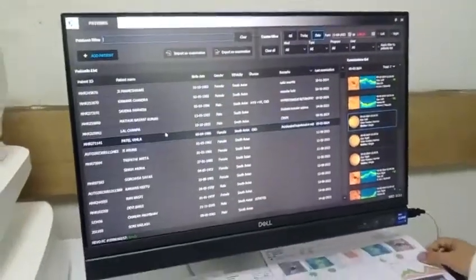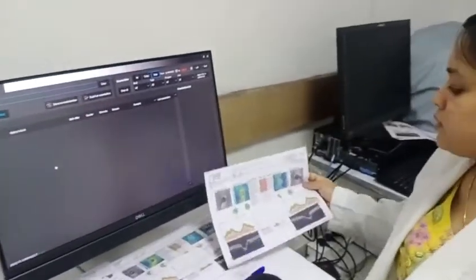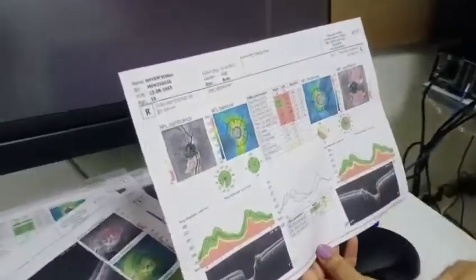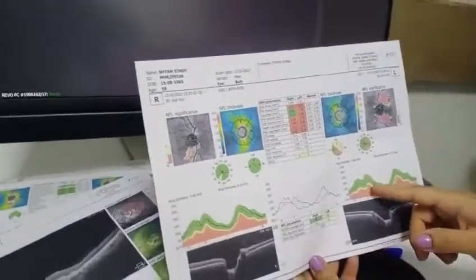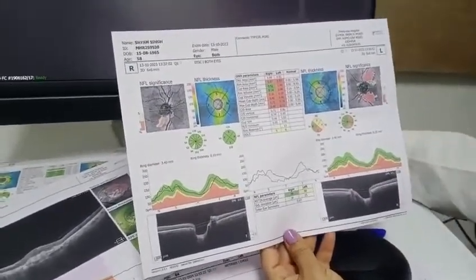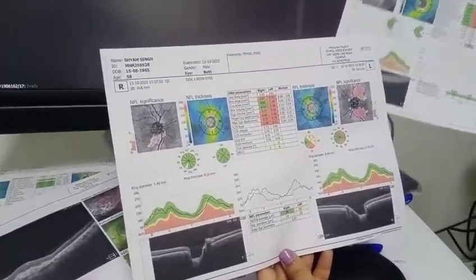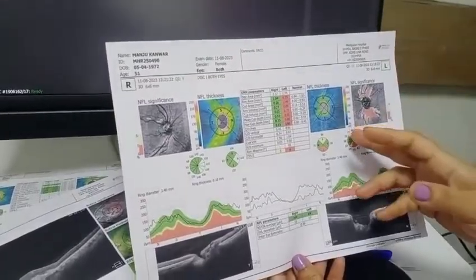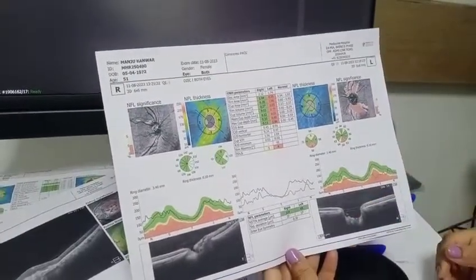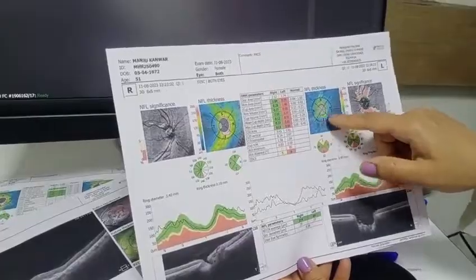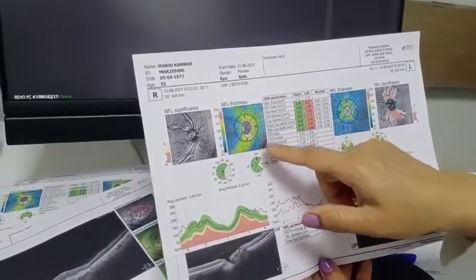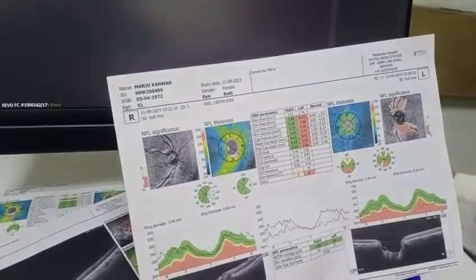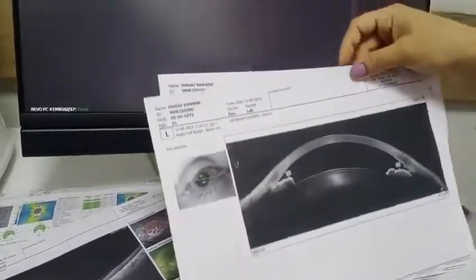So you can see here also typical POAG cases. These are the cupping and the graph is running around the red area. And this is the case of typical PACG. In one eye, the patient had near total cupping. So you can see here the margins, and here the cup is small, but here it is almost gone, near total cupping. And when we did the angle OCT,